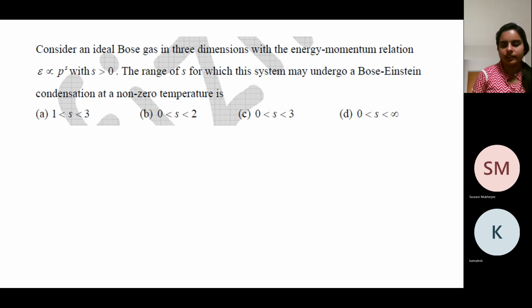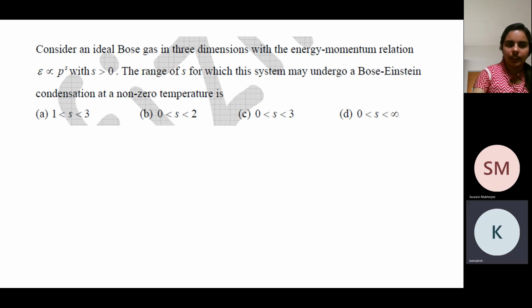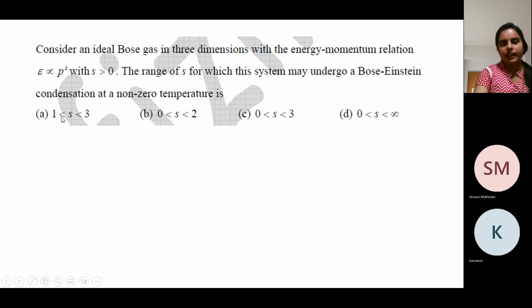But generally in the physical systems that we have, we have these integral values, like p square or p. So you can have your value either 0, which means it has no momentum dependence, or you can have a massless particle where it goes as p to the power 1, or massive particles where it goes as p square. Physically, I don't know of a situation where it goes as a fraction. So I don't know how to answer why we are not considering between 0 and 1.